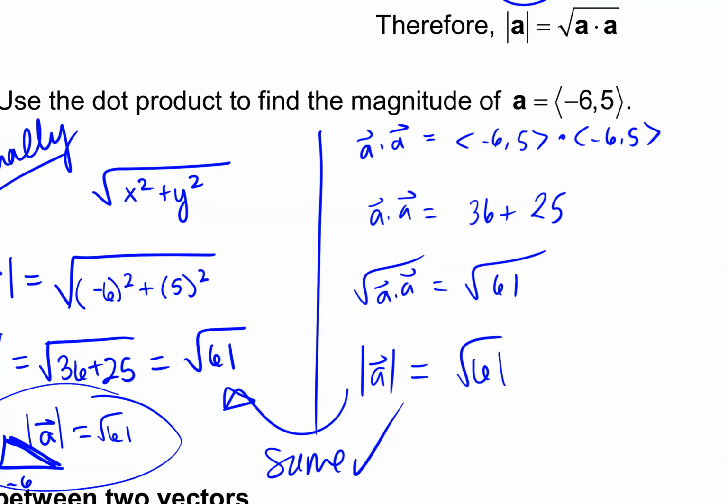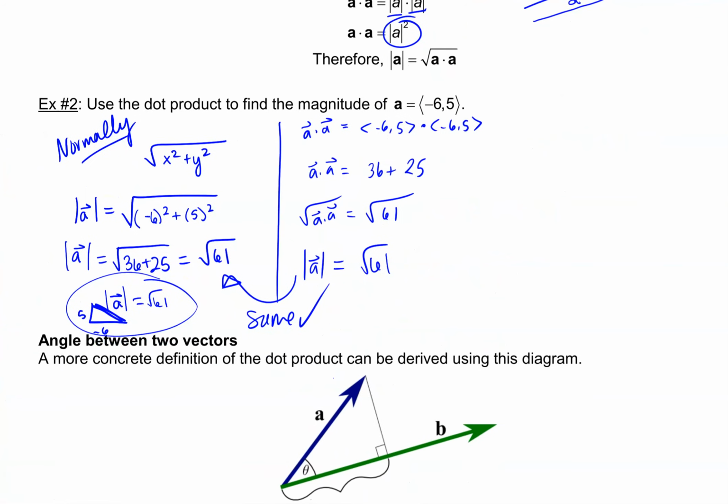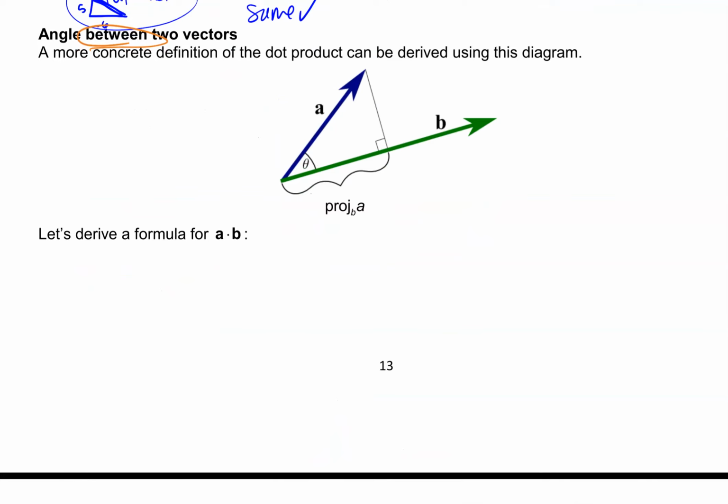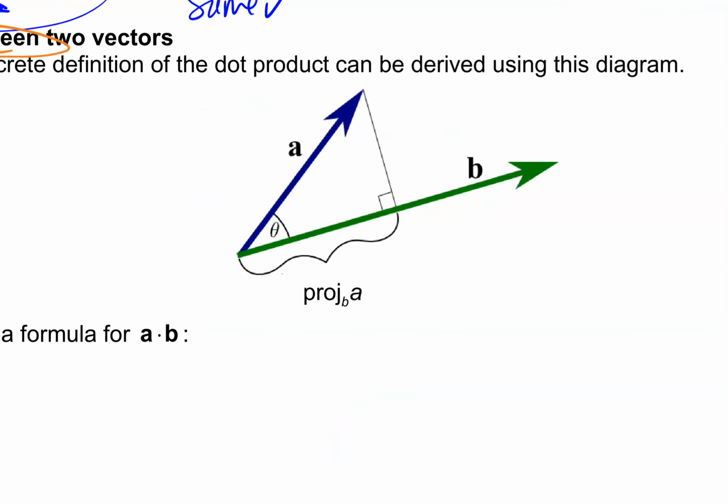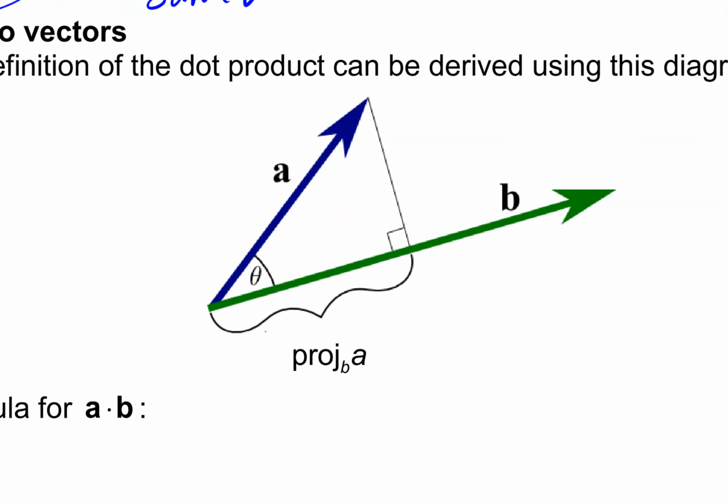It checks out. If we want the angle between two vectors, not the angle of the resultant, but the angle between them, this is how we can do it. We're actually going to derive the formula ourselves first. Remember, a dot b is literally going to be equal to the length